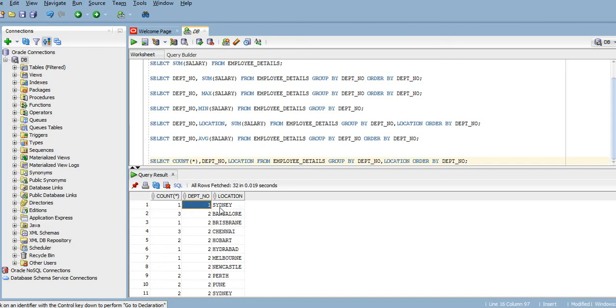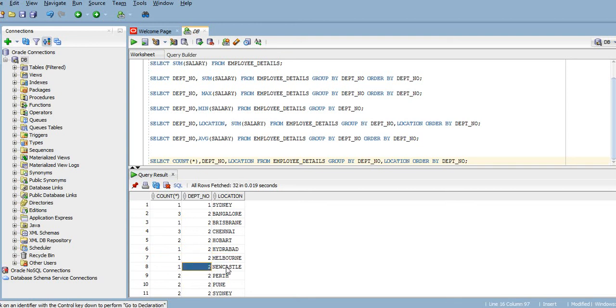Like over here for department 1 in Sydney, 1 employee. For department 2 for location Bangalore, number of employees 3. For department 2 for location Brisbane, number of employees 1. For department 2 for location Chennai, number of employees are 3. For department 2 for location Howard, number of employees are 2. For department 2 Hyderabad, number of employees are 1. For department 2 location Melbourne, 1.